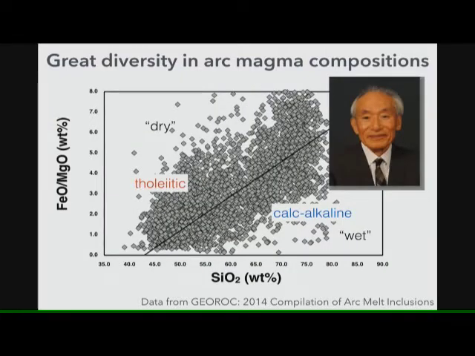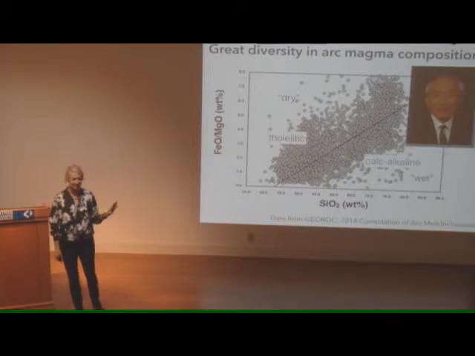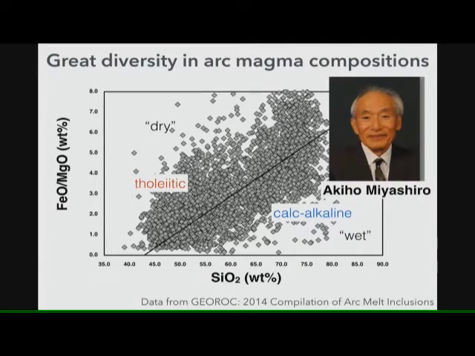Another way we can look at it is by this famous diagram. And so I thought I'd continue on in the tradition of putting up important figures in this work. So I gave you a lot of clues with this figure, if anybody knows what this figure is, about who this might be. Any guesses? Miyashiro, I heard someone say it, right? So it's Miyashiro-san, we should say, who developed this diagram as a way of thinking about the compositional diversity of